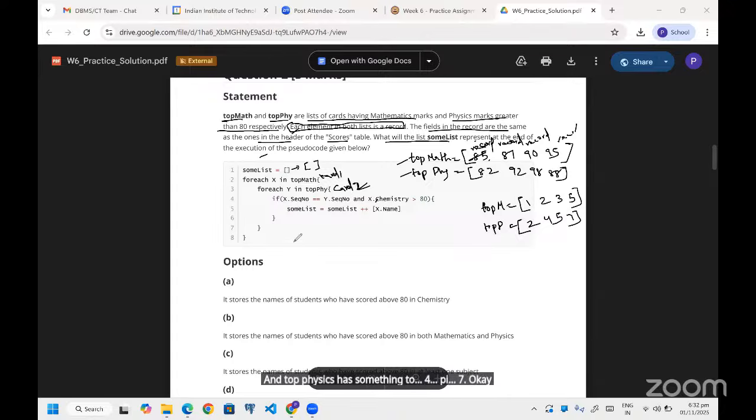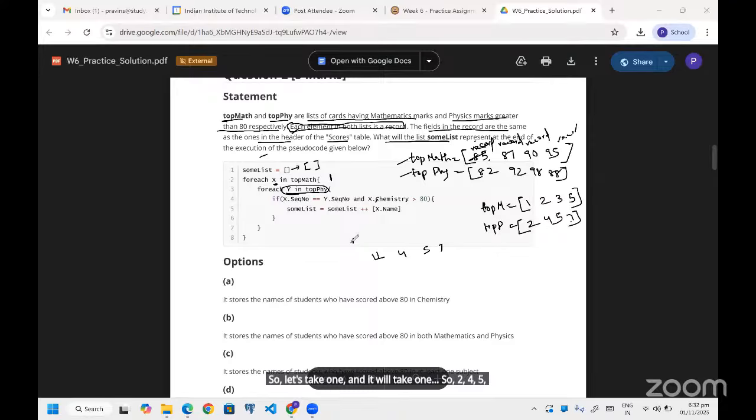First, it will take 1 as x, and it will compare this 1 with all the y cards, right? Whether 1 is there or not. So let's take 1 and it will check it against 2, 4, 5, 7.